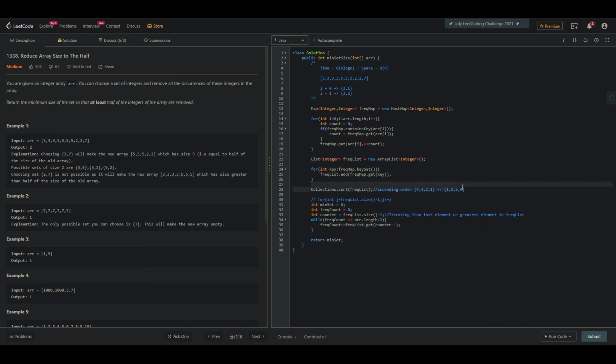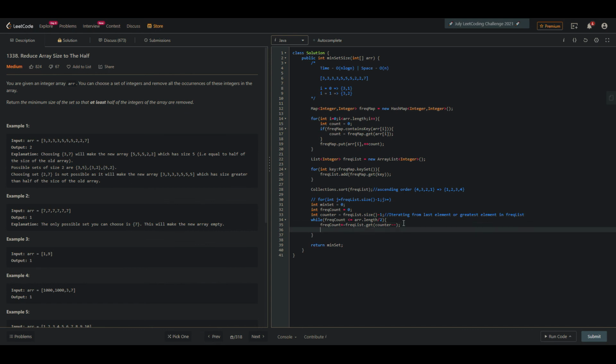So I will be starting with this, 4. So we'll be adding 4 to the frequency counter. Once 4 is added, I'll point the counter to 3, and for each iteration I'll be comparing the frequency count with array length by 2, which is 10 by 2, 5. So 4 is less than or equal to 5, so it still continues. In the next iteration, 3 will be added, so 4 plus 3 will be 7. 7 is less than or equal to 5 is false, so it comes back.